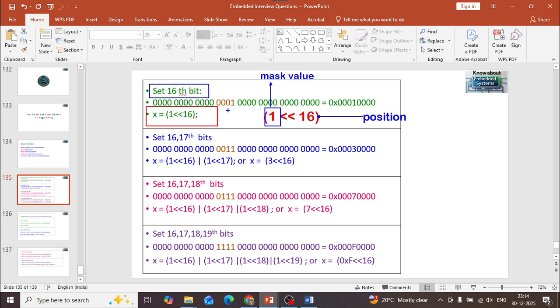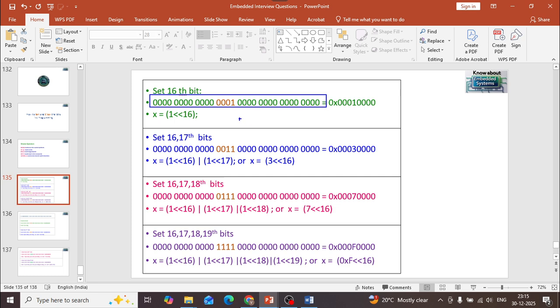Bit number 16 will be set like this. Currently, whatever you're seeing here, this is how it looks. When it sets with the 16th position, it looks like this. All bits will be 0 except the 16th bit. The 16th bit will become 1, and when you write it in a hexadecimal value, it looks like this: